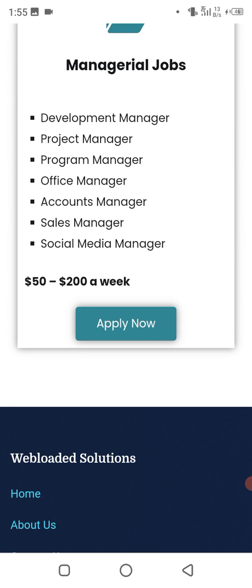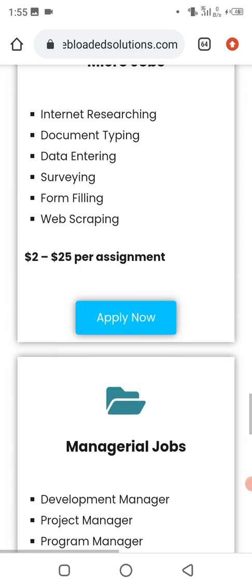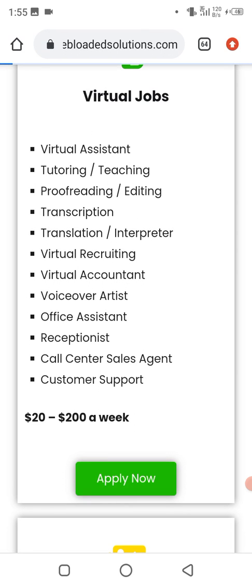So what you just have to do is look for Web Loaded Solution. Look for the job that really fits your niche or what you are looking for. Apply for the job as easily as possible. Just click on the apply button. If you meet the requirements, you apply for the job, and once you have the job, you start working and